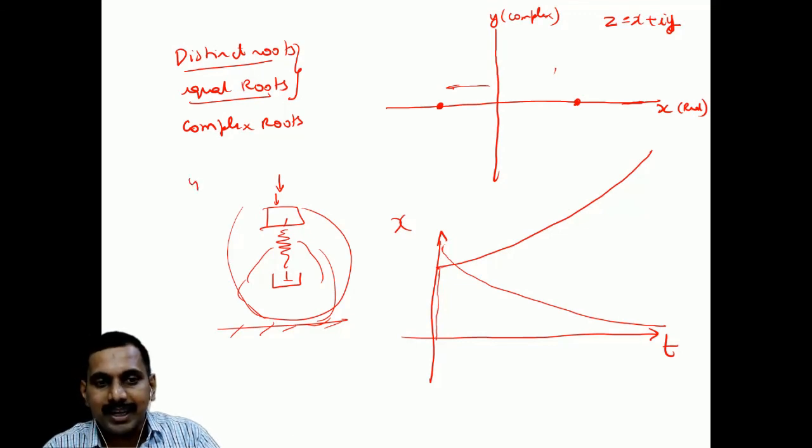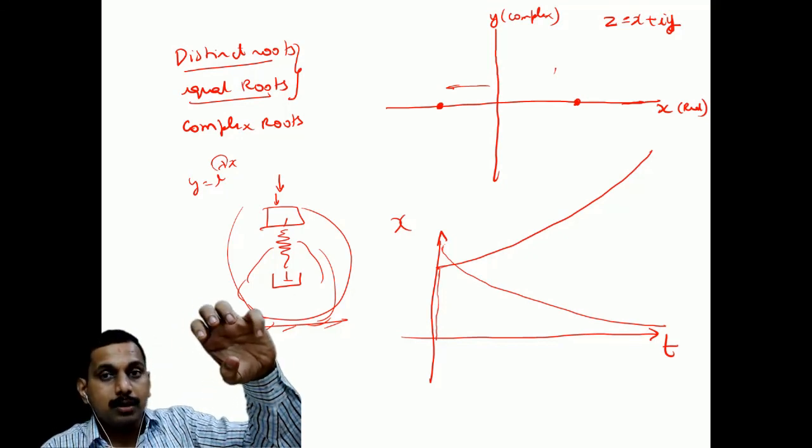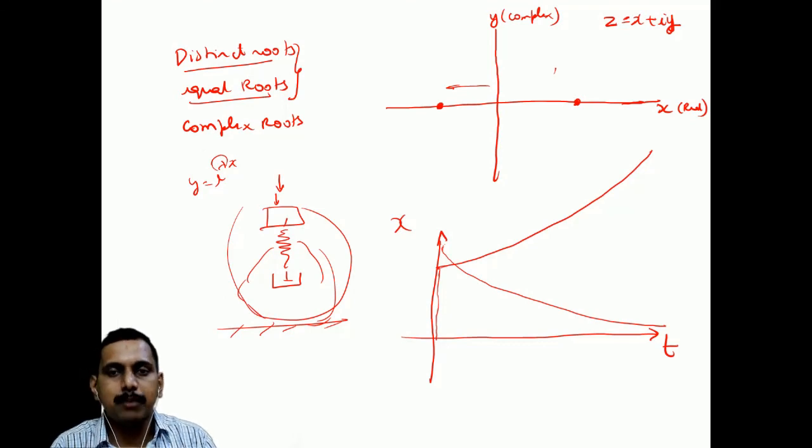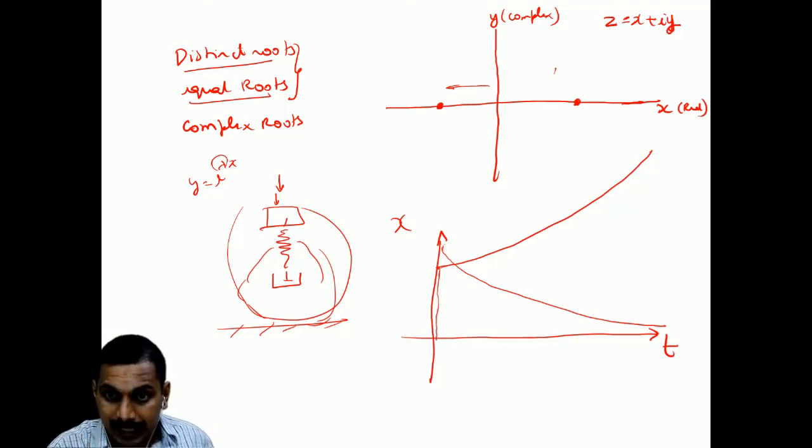Why? Because y is equal to e power lambda x. Think lambda is positive, what happens? It increases exponentially. Possible, like your bomb blast. If you say a bomb blast, what happens, it increases exponentially. Or a uranium fission reaction, it increases exponentially. Now second